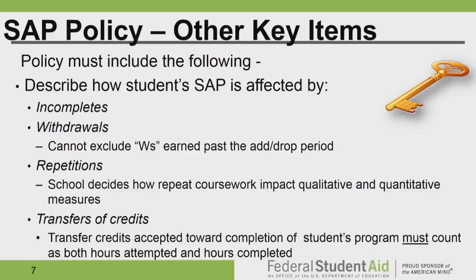For repetitions, in this rulemaking we also changed our standards for repeat coursework. And so we want to make sure that you include in your SAP policy how you address repetitions as related to SAP. So we say that you can pay more than one time. Now you can pay one additional time for a previously passed course. We want to hear in your SAP policy if you are counting both of those or if you're counting just one of those. You need to address that, as well as on the flip side, if a student fails a course,